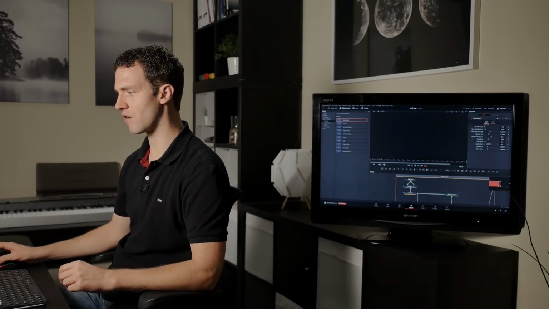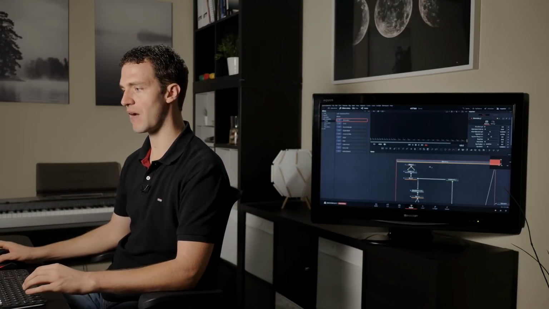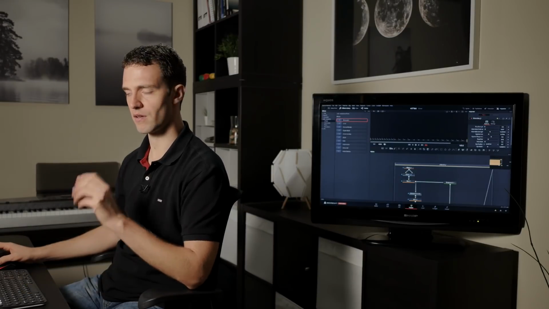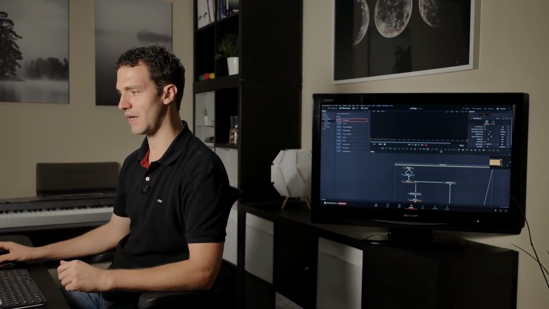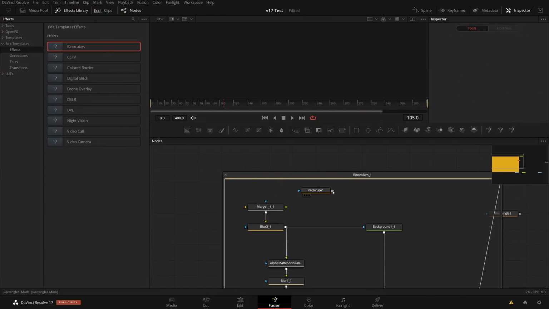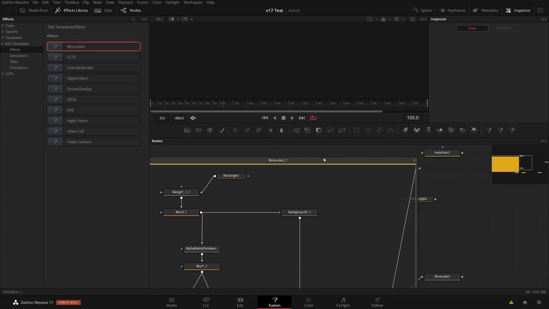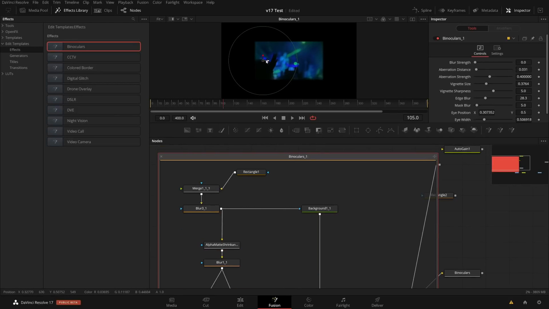It's not really new, it has always been there. These macros have always been there. So again, I do have a separate macro tutorial from Resolve 16, still the same. I can now, let's do some minor change. For example, I changed this ellipse here to a rectangle, and this way I now have rectangular binoculars here.